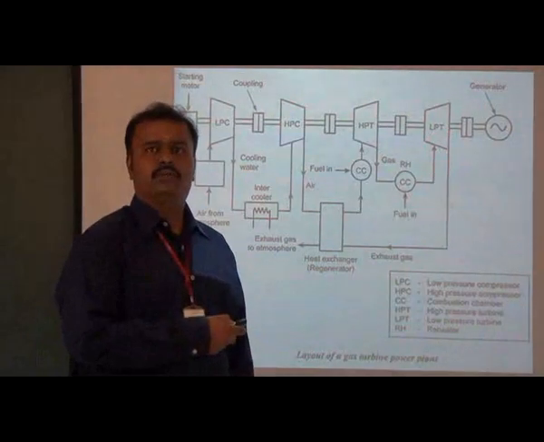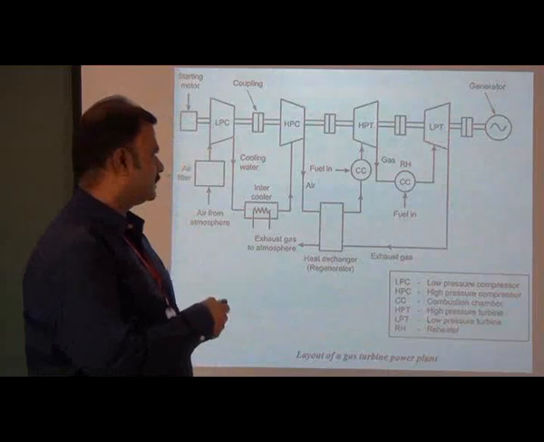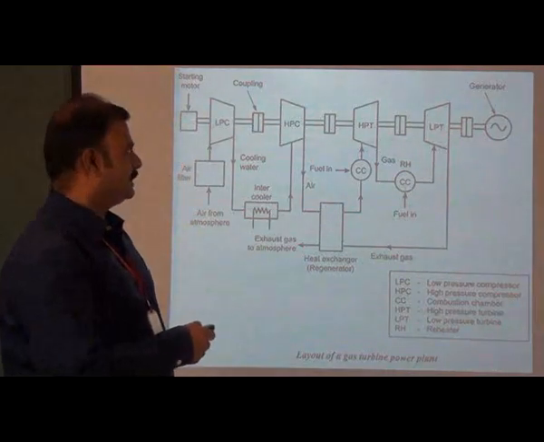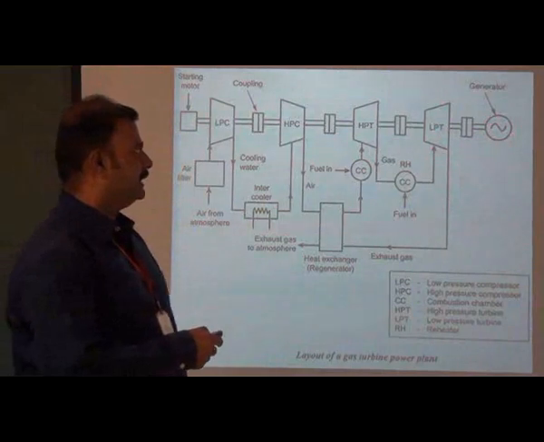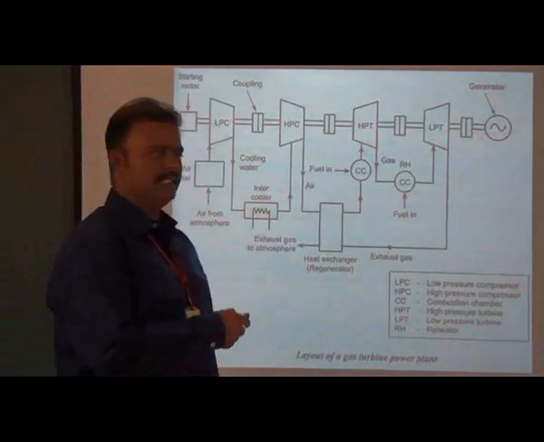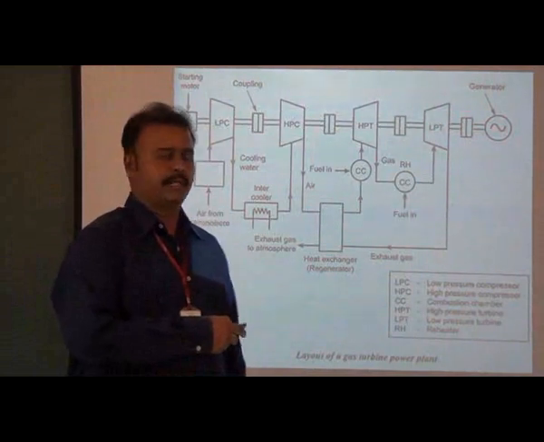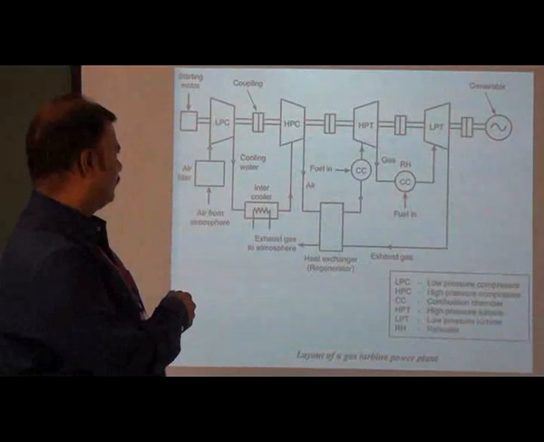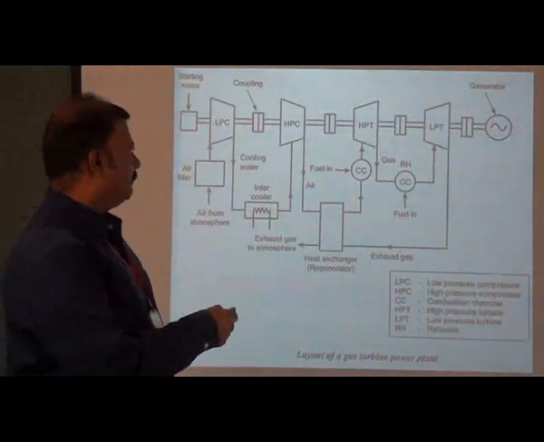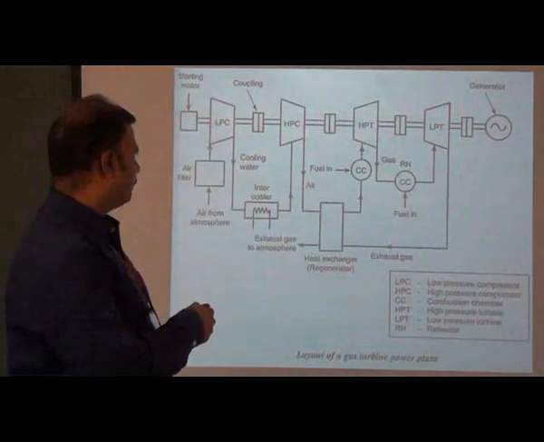So how much energy tapping is possible is done in this process, with the high pressure turbine and low pressure turbine. Then this turbine is coupled with the generator. The generator produces electricity, and the electricity is transferred wherever it is required. See that all the things are coupled with a single shaft. The power produced in the turbine stages is used to run the compressors.